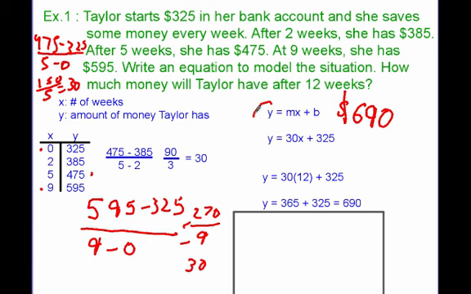All right, so we jumped right to slope-intercept form because we were given the y-intercept in the problem. We found the slope. We plugged it in. All right, example 2